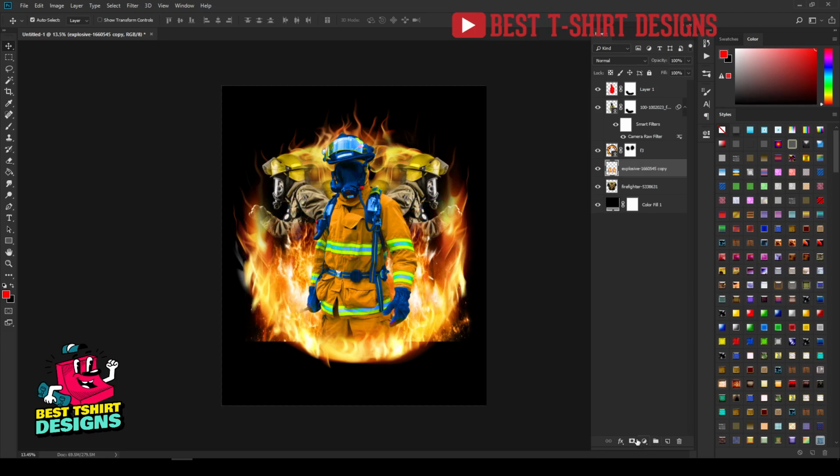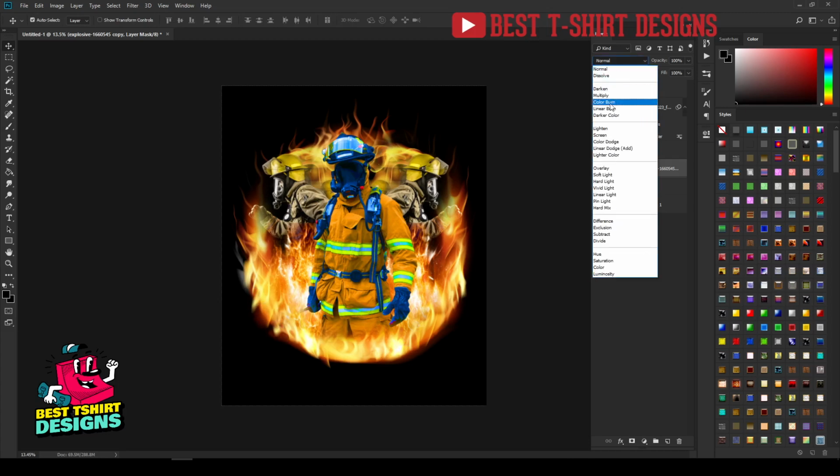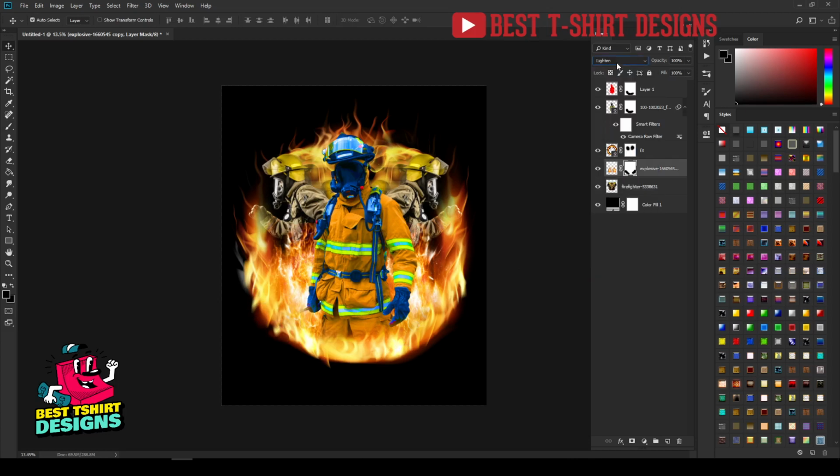And then again select the layer mask, take a layer mask of it, then erase this part, like hide that part. Okay, that's too much, something like this. This is just fine, don't worry. And then I can simply play with some blending modes to make it look a bit more realistic, something like this.